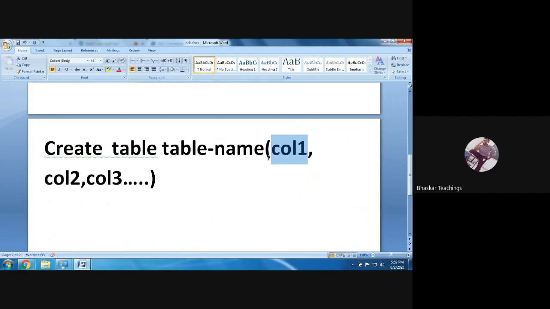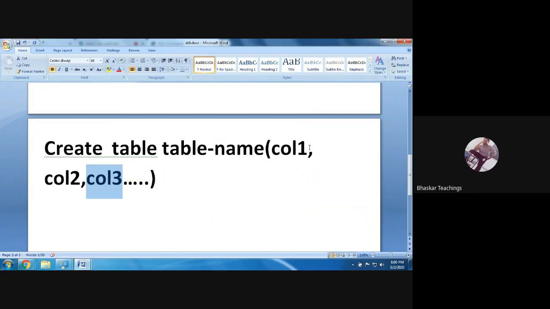Data type specifies what kind of data the column or variable is going to store. The same way here, while specifying the column names of this table, you need to specify the data type of the column also. It will tell the database that this column is going to store integer data, this column character data, this column real number data, in this way.